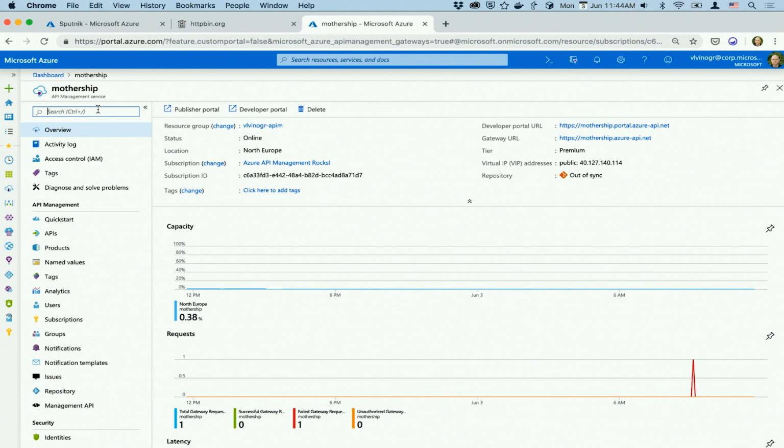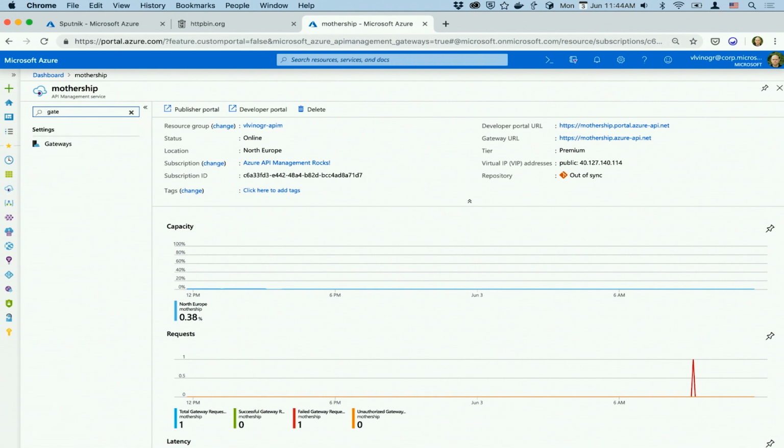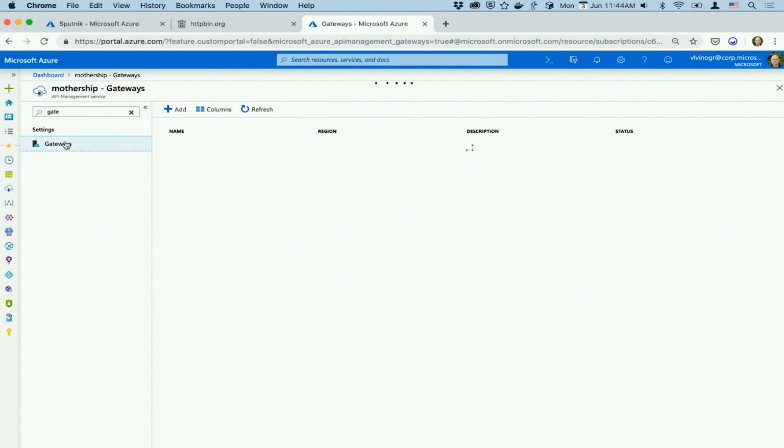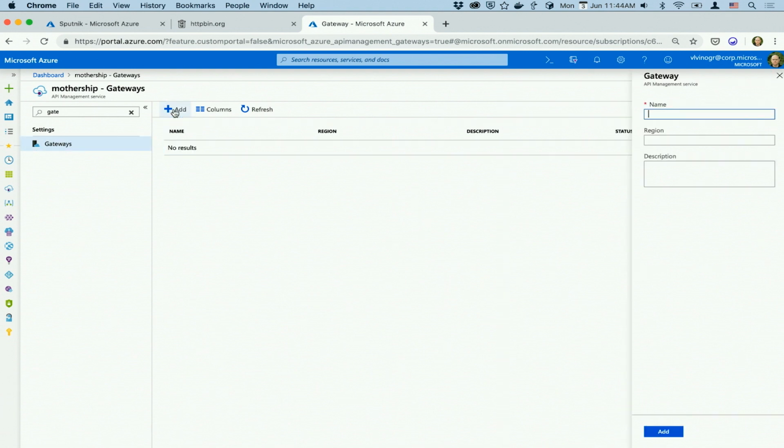So it's, as I said, rigged up with pre-release bits. So you won't have it, but I do. So now we have basically a blade for gateways, right? So if we go to this gateway blade, obviously there is nothing. So we're going to create one right here. So to create a gateway, give it a name. So we call it,